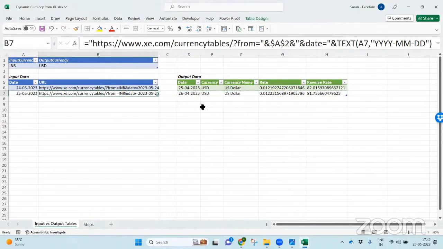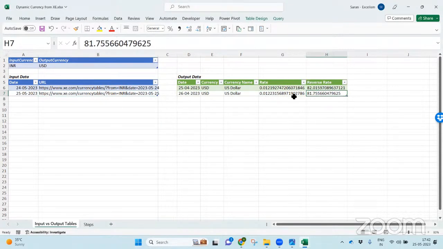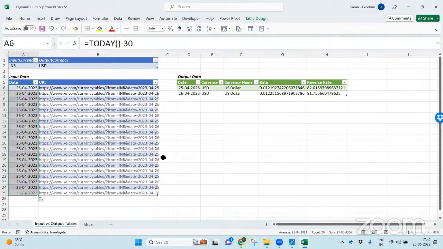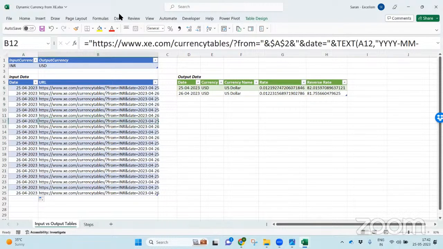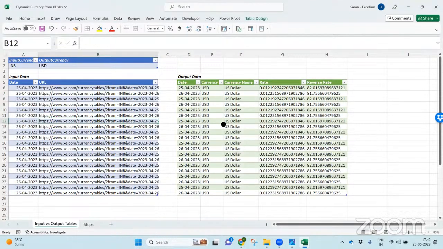Now the data got updated automatically. Now I'm going to take today minus 30, but I want to take 20 days of currency. Let's go to the data, refresh. For all these 20 days, the currency updated.